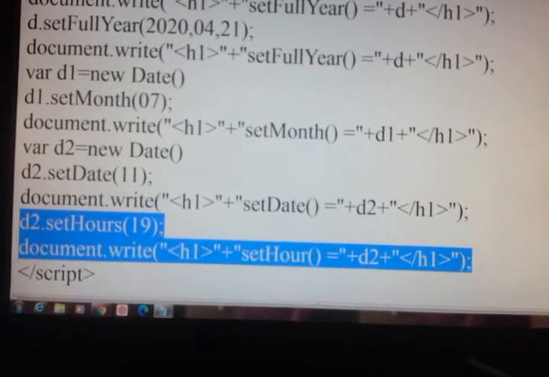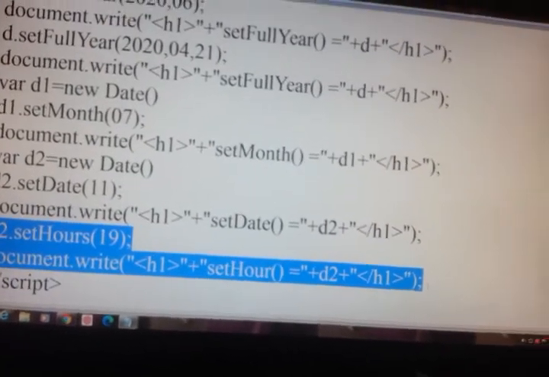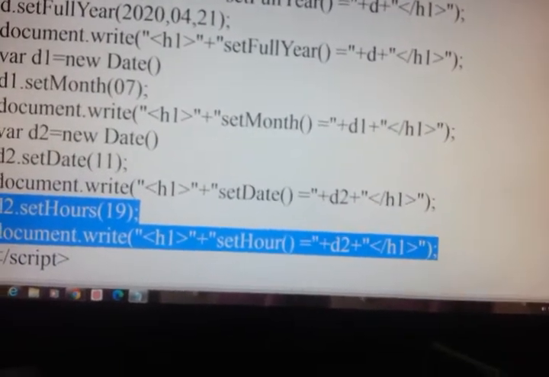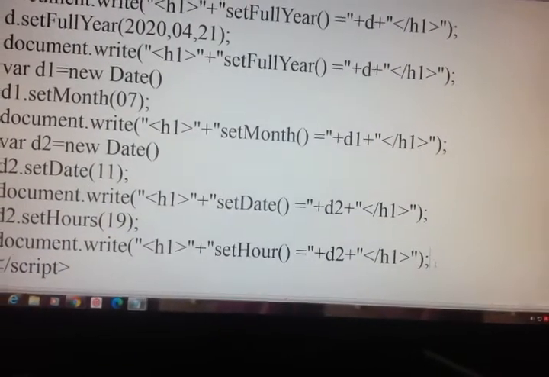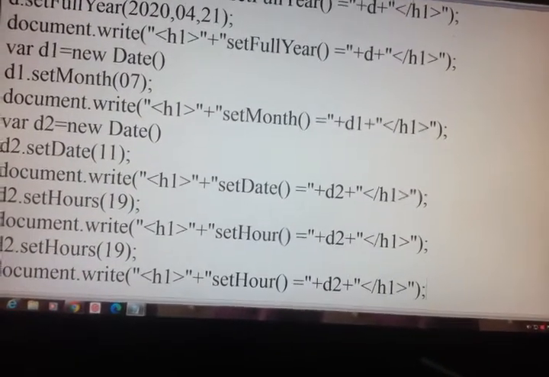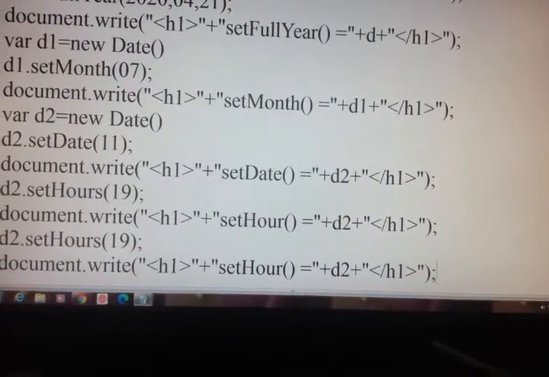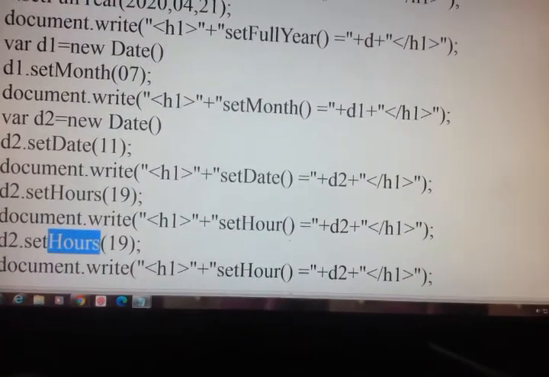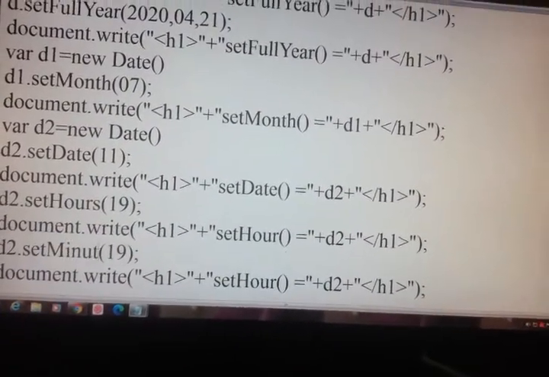So set hours here again. Now set minutes. We will see. So here we will just change set hours to set minutes.